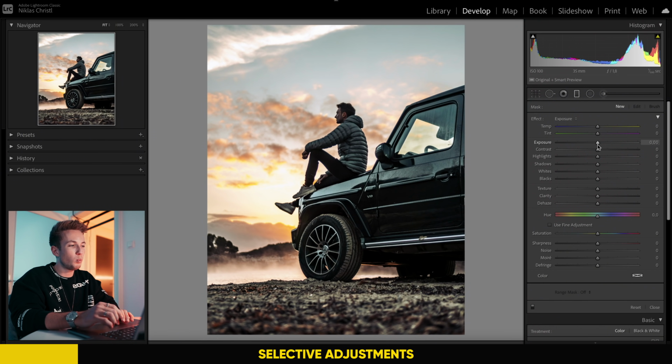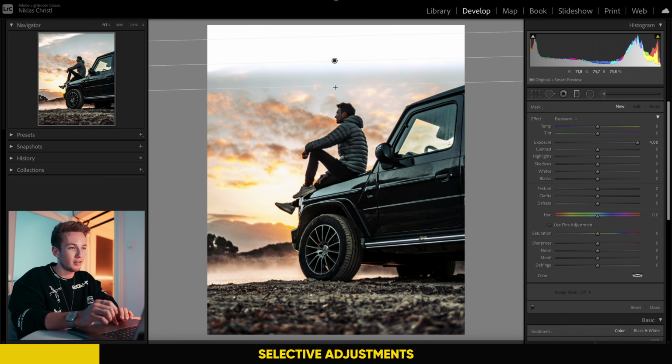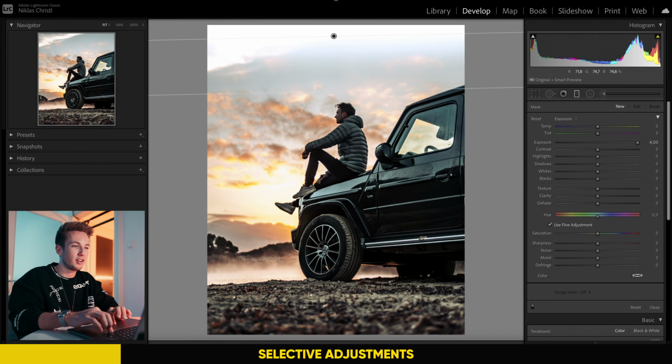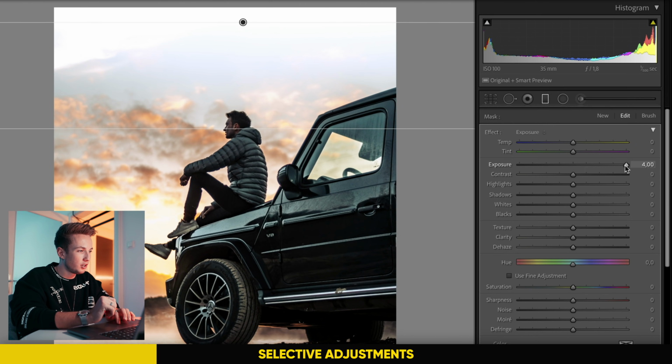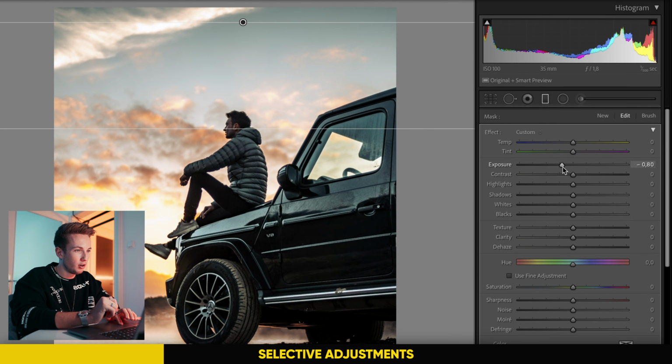In order to see which parts of your image are influenced, I always like to increase the exposure to a maximum, and therefore when I just drag a filter now, I see which part of the image is going to be influenced. If I hold down Option, I can drag the filter in a different way, and if I hold down Shift, it's just going to make a 180-degree angle and it doesn't move in another way. Then I can just lower the exposure. I can bring down the overall exposure.